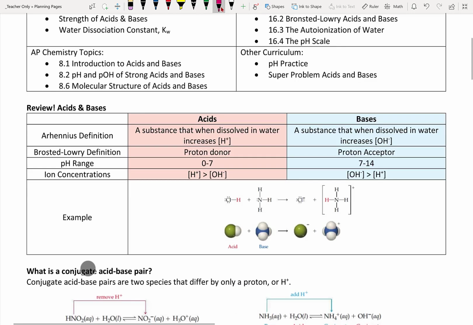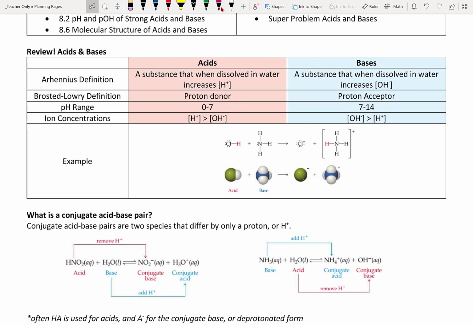So, first off, let's review, because it's been a while since we talked about acid-base reactions way back in Unit 4. So the definition of an acid, there are two definitions. The Arrhenius definition: a substance that when dissolved increases the concentration of H+, versus bases, which increase the concentration of OH-. Now, this is kind of a limiting definition because it only really applies to aqueous solutions, or solutions where water is involved. So we have the other definition, the Bronsted-Lowry definition, which is that acids are proton donors and bases